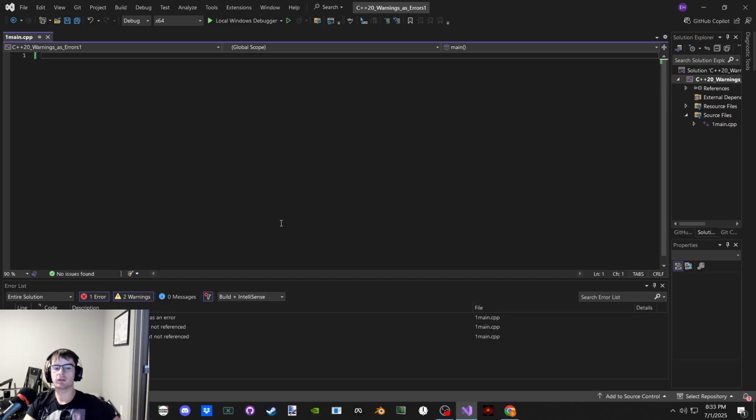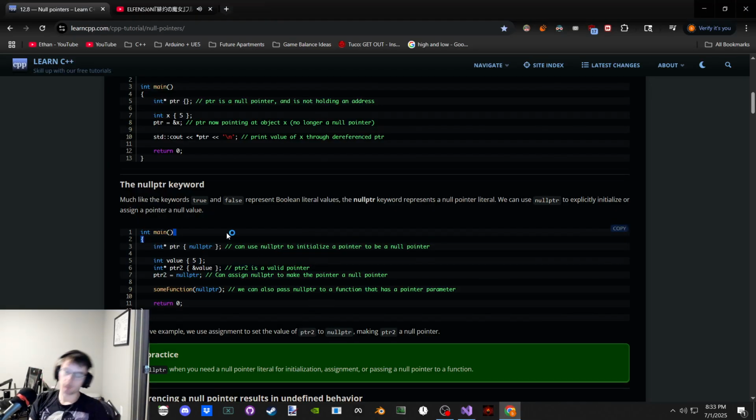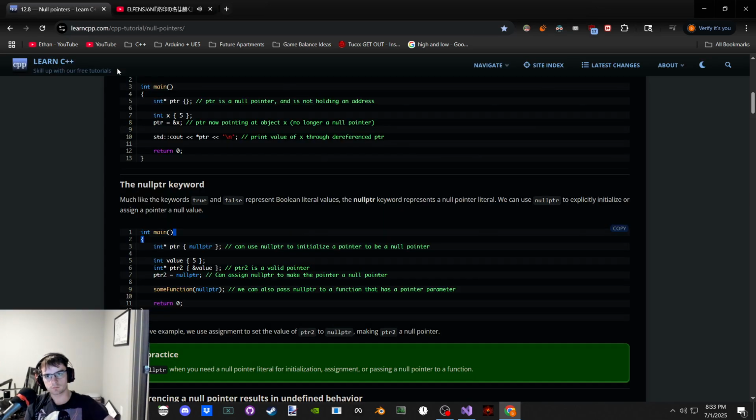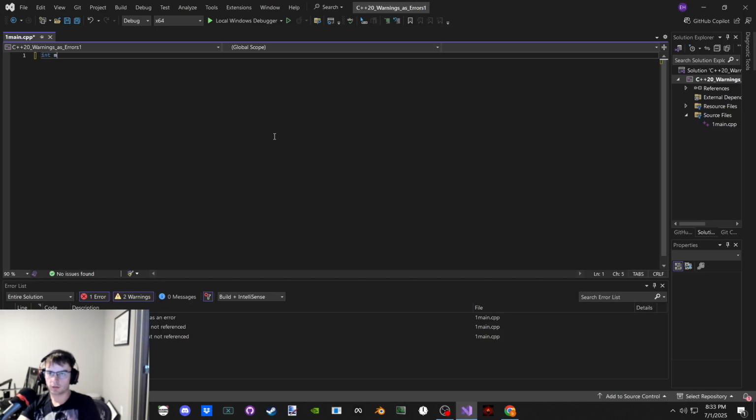Yeah, so I can initialize a pointer with a pointer or with a memory address to an object. Okay, so we could do something like